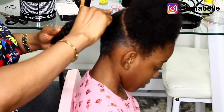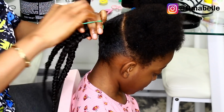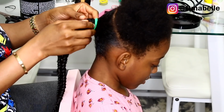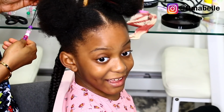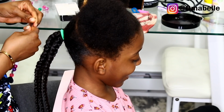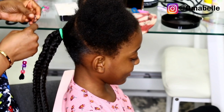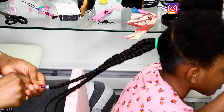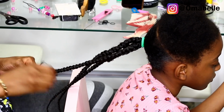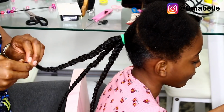And also, another thing I like to do is, while I'm braiding, guys, when I braid maybe a section of the hair, I like to go in and trim it. I like to use my scissors to remove whatever hair is coming out from the braids. And I like to put on the beads, depending on the style. Of course, some styles you don't need beads, but with this one right here, I love putting beads on the girl's hair. So I make a section, I trim, and then I bead it,